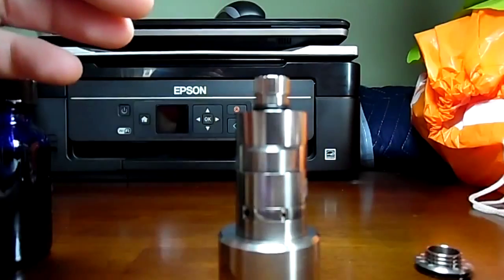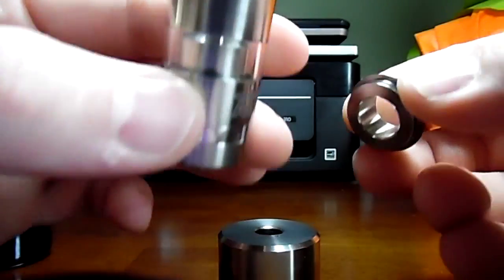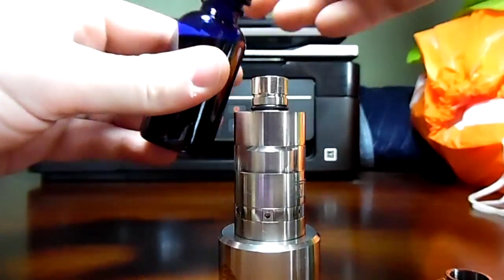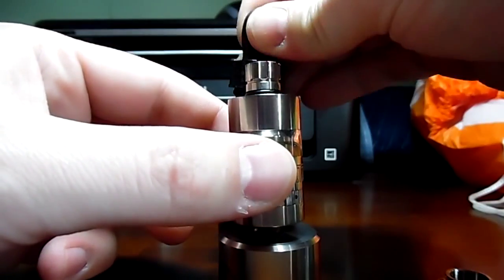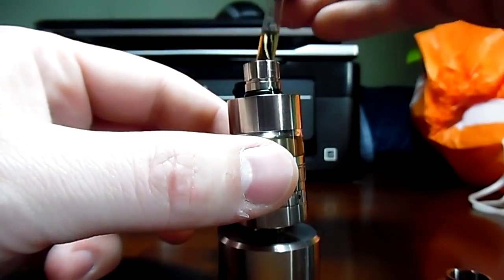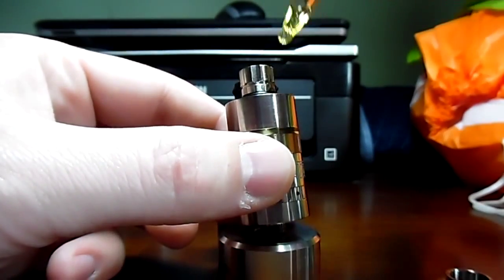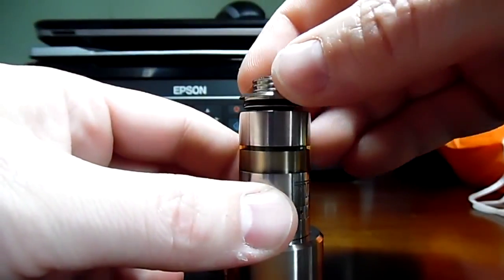Okay, so now you'll see that I took off this top cap. This is the fill cap. This is a really neat feature it's got. It's held on by an O-ring right here, and it doesn't screw in, so it's kind of held on like a dripper. So at this point, you're going to fill her up. Once you've got your juice in there, you're going to take this top part, pop it on,